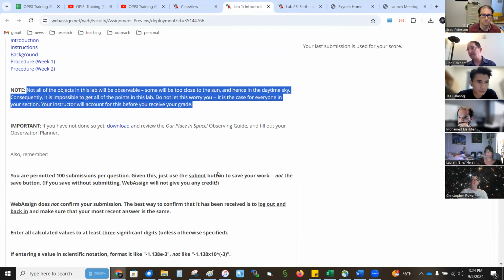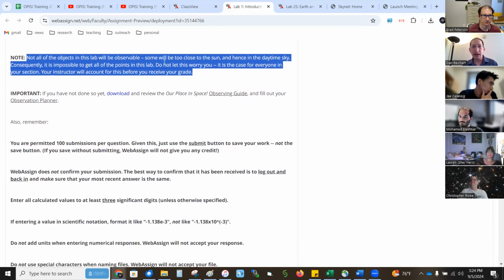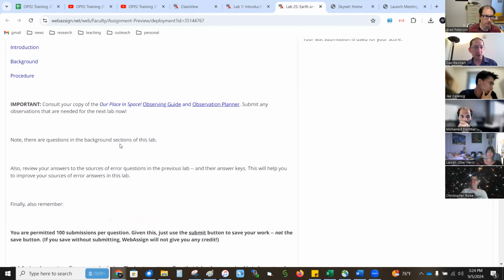I use curves because I have multiple TAs, and even though I have a grading guide, they all grade differently. Some are lenient, some are softies, and some are trying to exercise their power. And no one's grade should be based upon what TA they randomly got. So I have to use curves. Anyway, in later labs, the notes change.